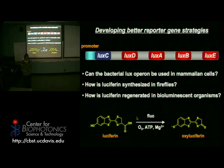Where is the firefly getting that from? Are they eating it? Is some bacterium producing it? Or do they make it themselves? Still an unknown question. And then, another cool thing is that the firefly is thought to only be born with a set amount of luciferin. Okay? So that it doesn't acquire it at other points in its life, which kind of rules out it ingesting it. So if that's the case, once that molecule undergoes the bioluminescence reaction, it has to somehow recycle that small molecule. How does that happen? And if we can do that, can we prolong our